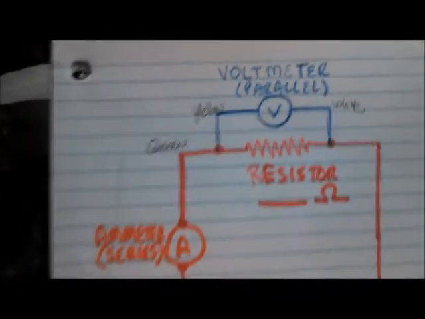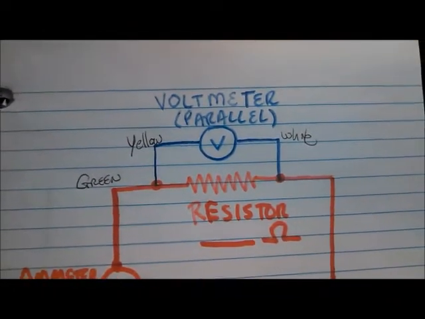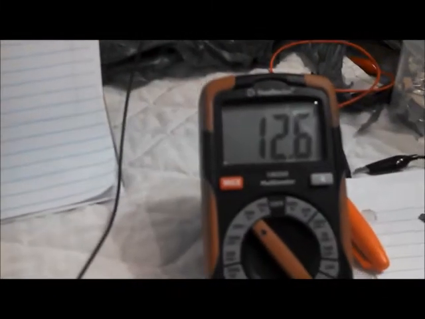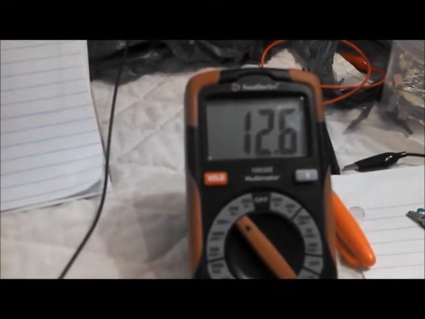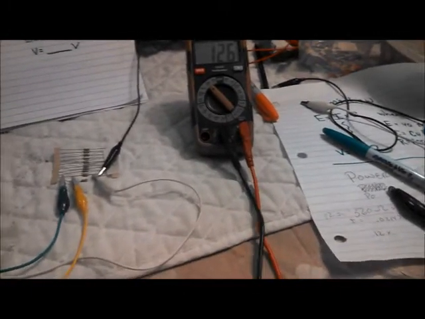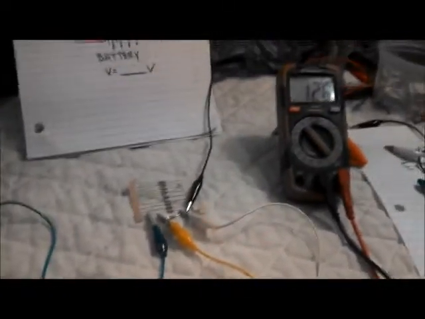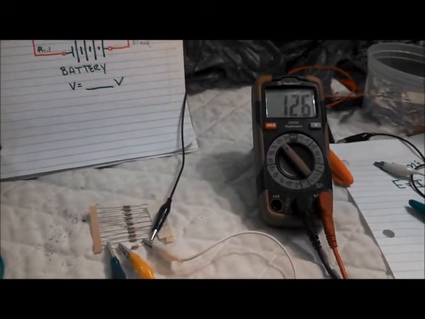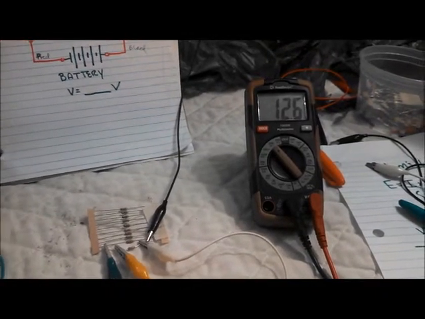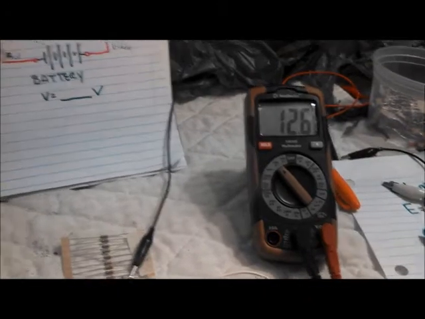Now, what I have up here reading the voltage drop of 12.6 volts appears to be a yellow and a white cable. That's reading the 12.6 voltage drop. It changes a little bit, but as you can see right here is my voltmeter. Here are my 2 leads, and I'm reading my voltage across my resistor at 12.6 volts. Now what I'm going to do is take that off, but I've proven to you that it's 12.6 volts on a 12.7 battery,